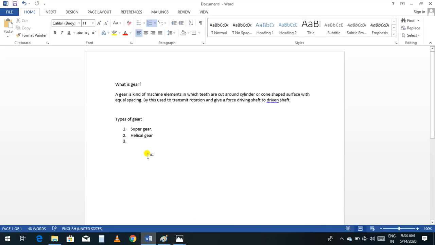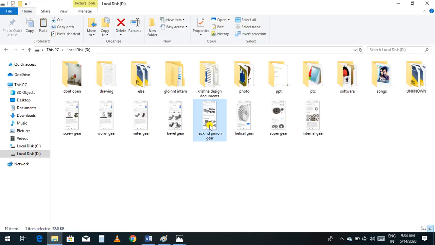We have a rack and pinion gear. Rack means, the simple word is rack, and pinion looks like an axis. One path will be given, one boundary will be given on the axis of the gear. Inside the axis gear, another gear will be there, and both gears will be rotated by this axis of rotation. So let's go ahead with the rack and pinion gear.